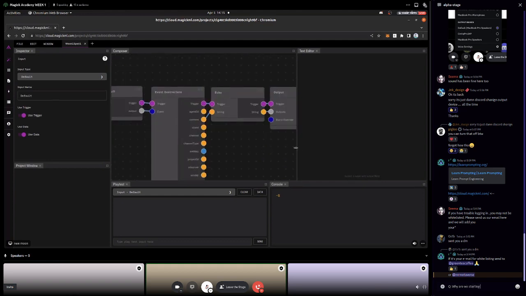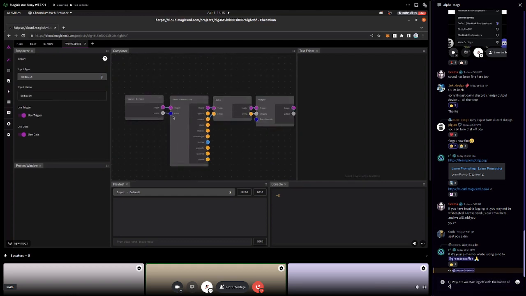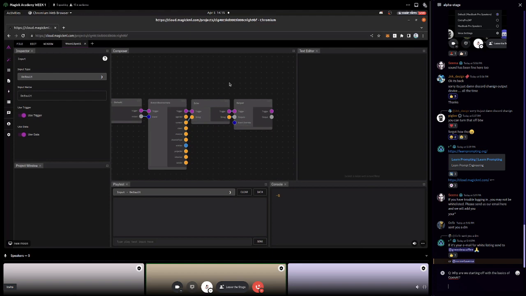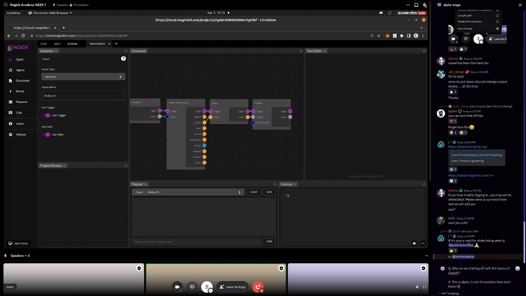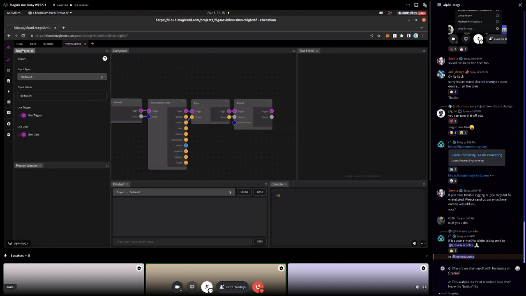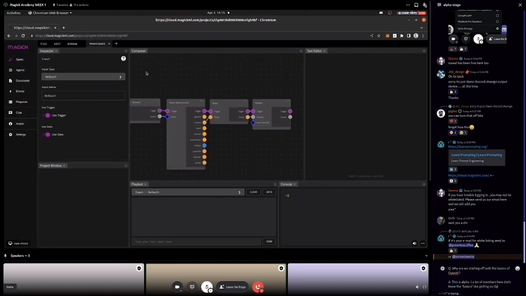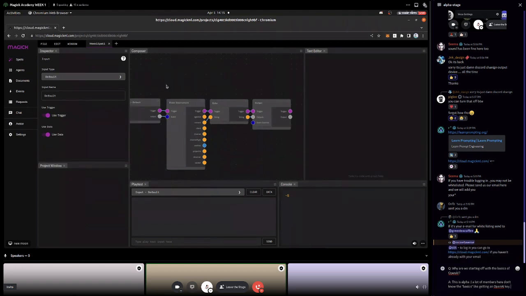Cool. So we're going to get into what each of these does in just a second. But I want to give you a quick overview of the editor. First, we have a menu over here on the left. And you can expand and collapse that so you can see what the different areas of the menu are. And we're in the spells view. The spells view is the kind of main IDE and editor for individual spells.